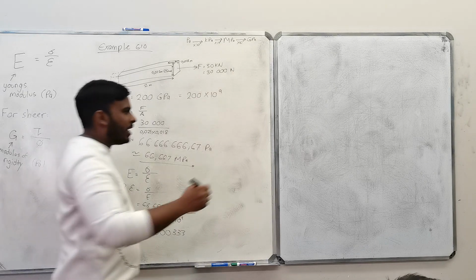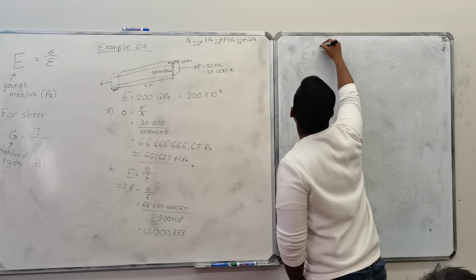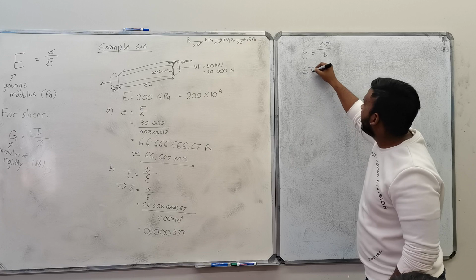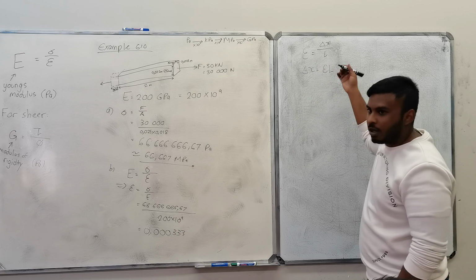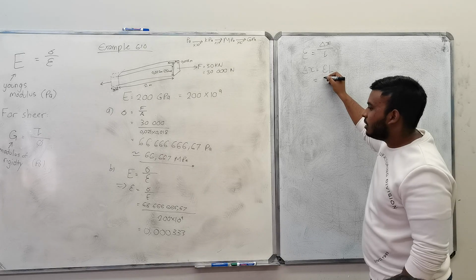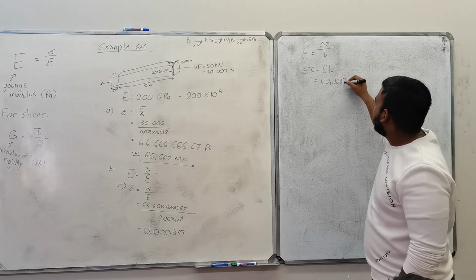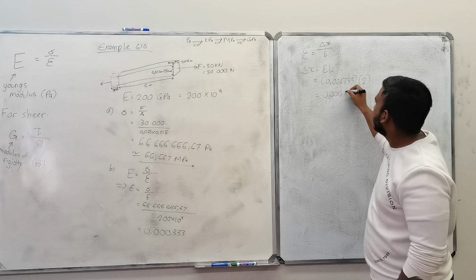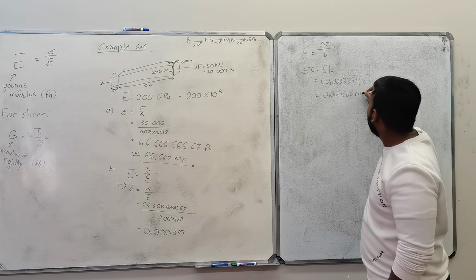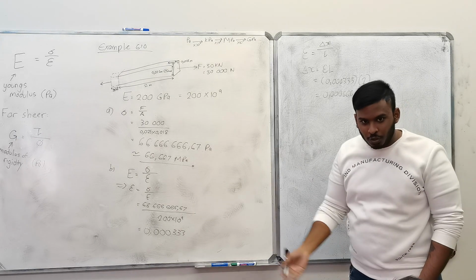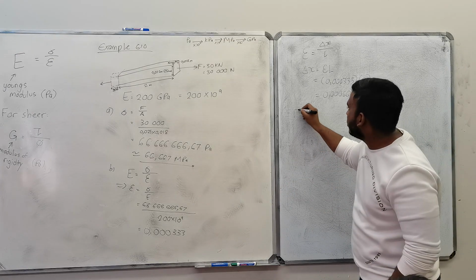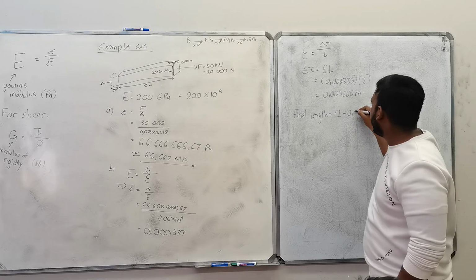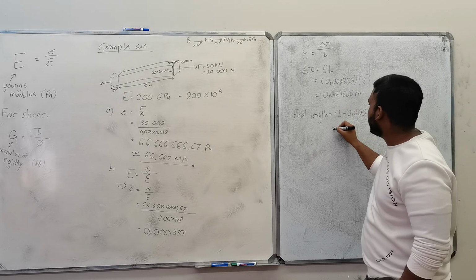Now that we know strain is equal to your change in length all over your original length, your change in length will be equal to strain times your original length, which is 0.000333 times 2, which is 0.000666 meters. So its new or final length will be equal to 2 plus 0.000666, which is